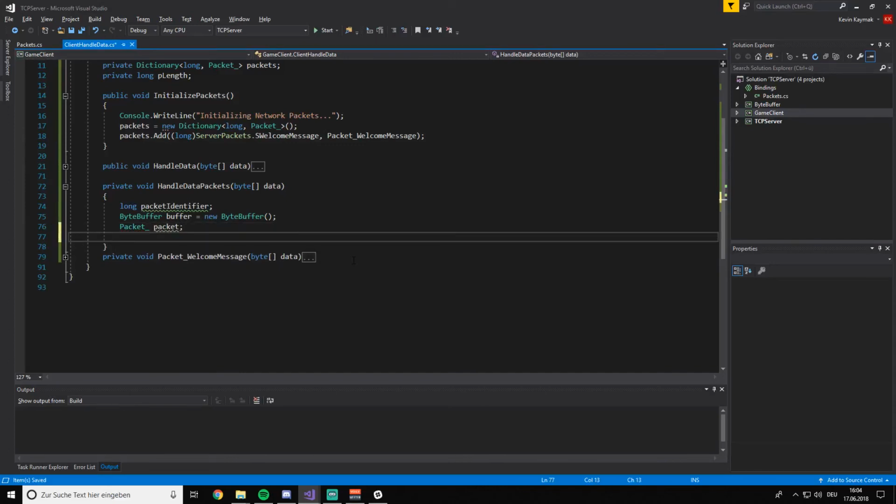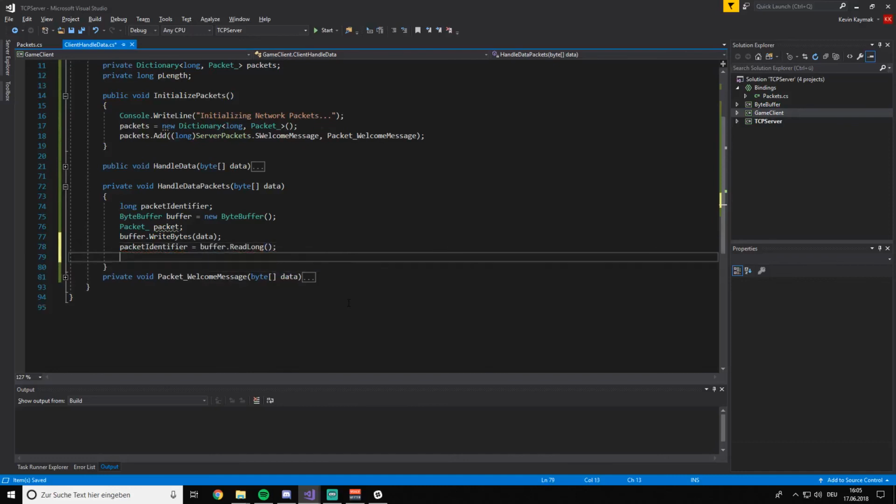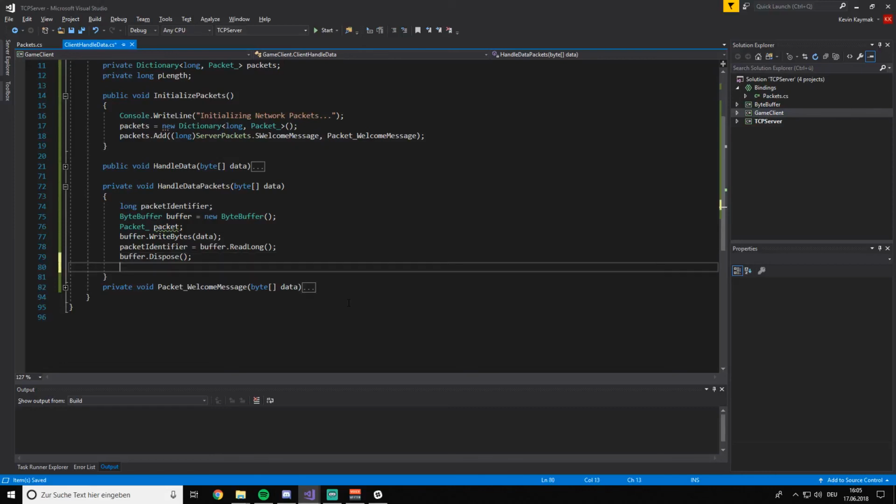Good. Now we are reading out the packet itself, which is then buffer.writeBytes data. And now we only want to read out the packet num, the packet identifier, to make sure that we are actually executing the correct method. So we are saying packet identifier is equal to buffer.readLong. And then we can directly say buffer.dispose. And then we actually try to get a value of our dictionary, which we have added the packet with